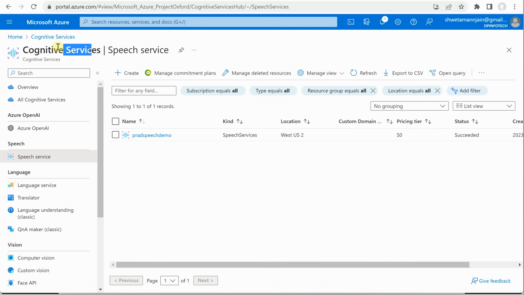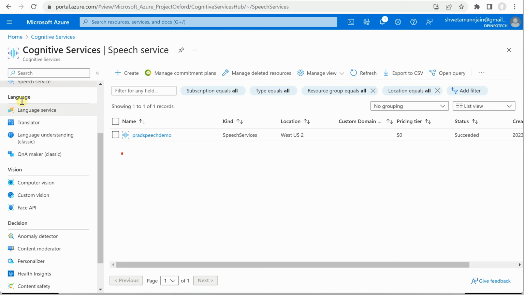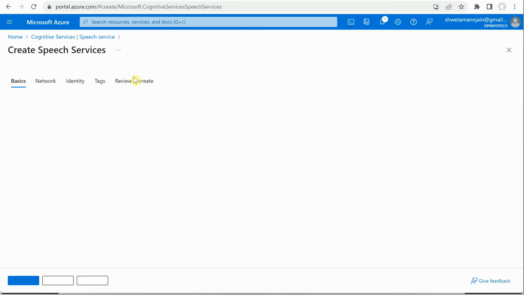Okay, so you can see that it is falling under the cognitive services, and cognitive services is having lots of other things including Azure OpenAI, language, vision, decision, and the last one you can see is multi-service. So multi-service is nothing but, let's say you want to utilize more than one feature of cognitive services. You want speech, language, decision making, everything in one. So rather than creating individual instances, it is recommended to go with just one, and you can use the same keys everywhere. So I'm going to go with the speech one, click on create, and here it will ask you